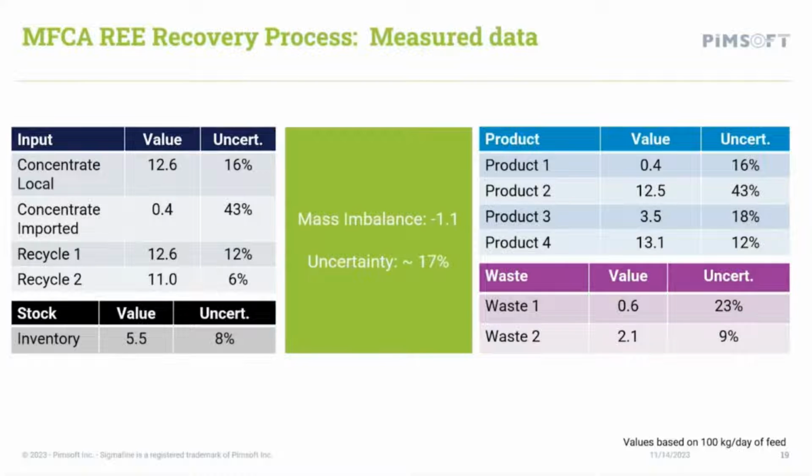Also, there are high uncertainties both on the raw materials as well as on the products and on the waste. This is really a typical situation in metals and mining. As we know, given the nature of the operating environment, it's hard to have continuous and reliable data. Applying SigmaFine is valuable not only to close the balance, but moreover to improve the data quality and uncertainty associated with these numbers. Here, only the mass is shown. However, in the full implementation of MFCA, cash equivalents are typically reported.